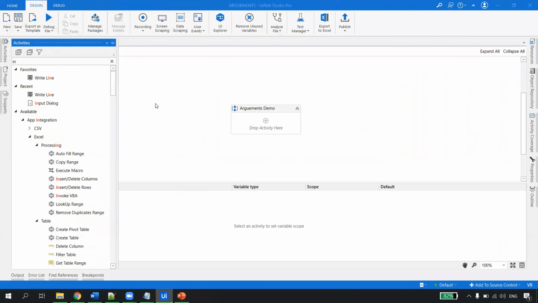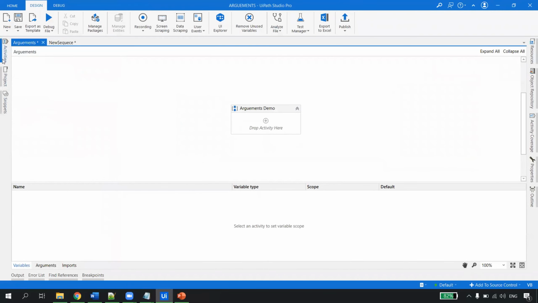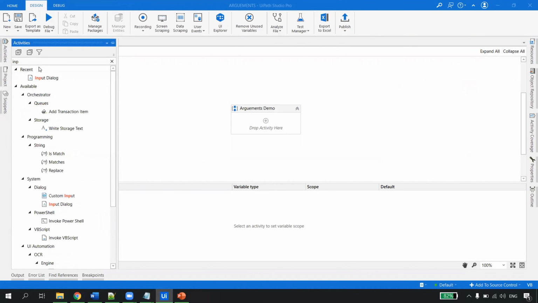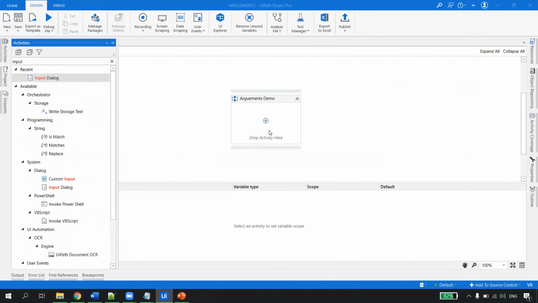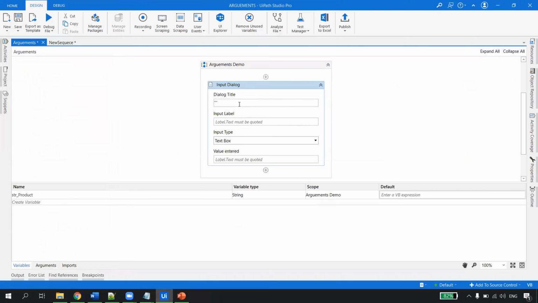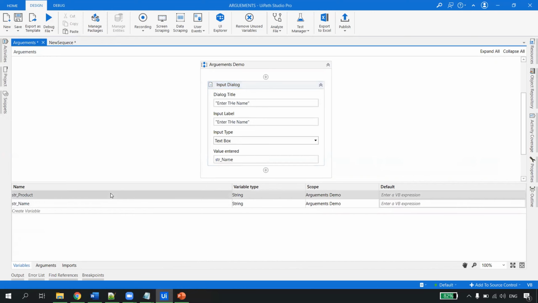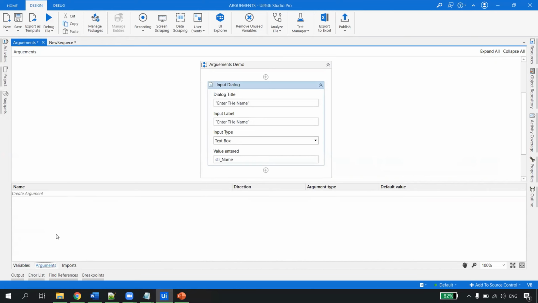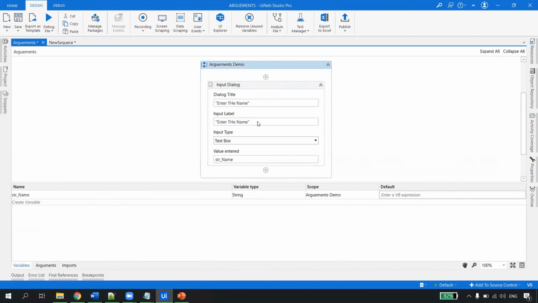How can we ask for input? So I can go here, and which activity should I take now? Input dialog, right? So I will just write here, enter the name. And similarly, copy, I will paste it here. This is not mandatory, but you can change it. In the variable I will create a variable str underscore name. Now let me just remove the extra guys from here. Now whatever the user gives me is stored in a variable, right?